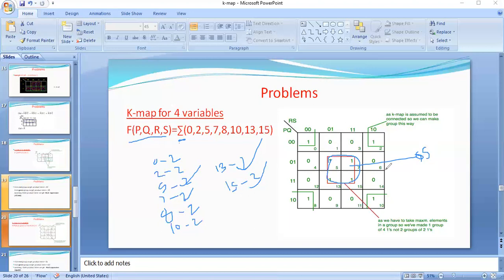And next, here I am taking 0. With 0, can we group 8? Is there a possibility of 8? No. So with this 0, we can group these 4 corners. We can group only these corners 4. After grouping, what is the common term? See here, I am taking horizontally.